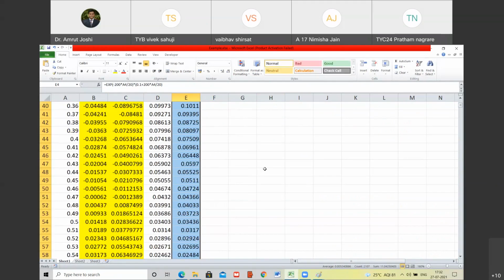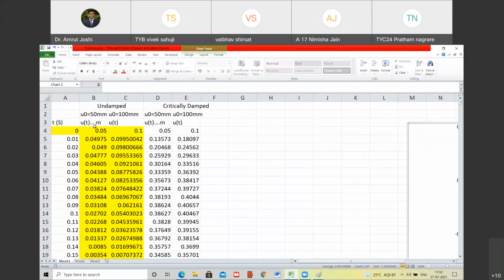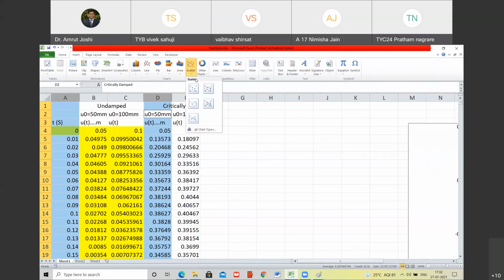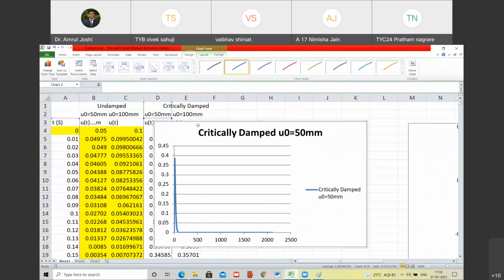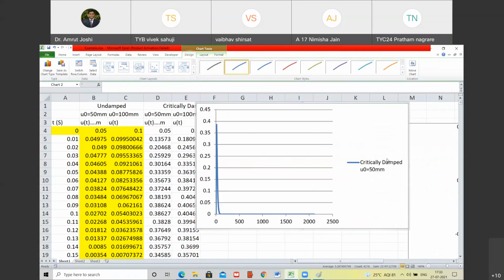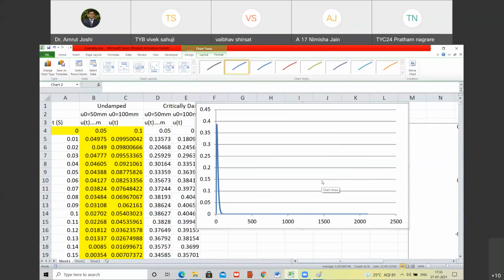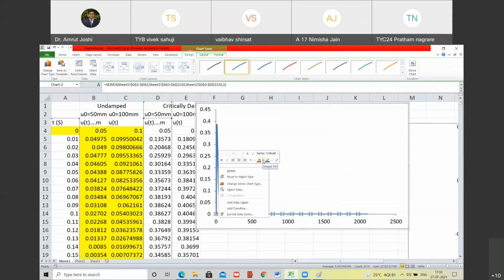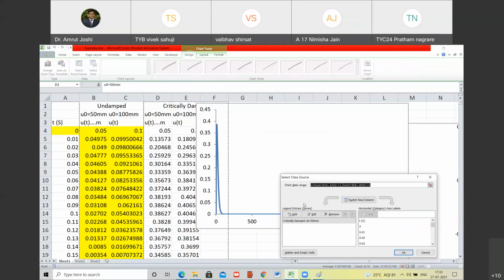And now let me plot these two responses here. Insert a graph. What do you observe? What kind of response is it? Tell me. And on the same graph, I'm going to plot the response of the critically damped system which has been pulled 100 mm towards the right. So let me plot that.